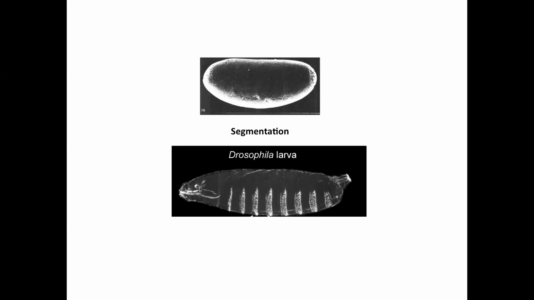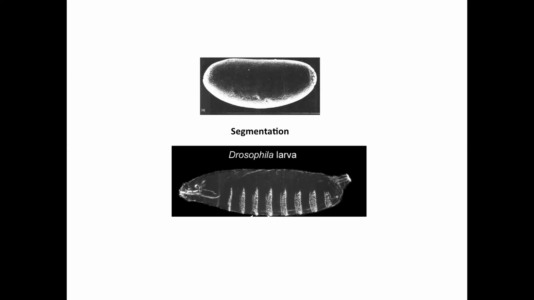So it's first specification and then determination. Specification means division of this whole group of cells into head, thorax, abdomen, tail. That is specification. Then determination to give rise to